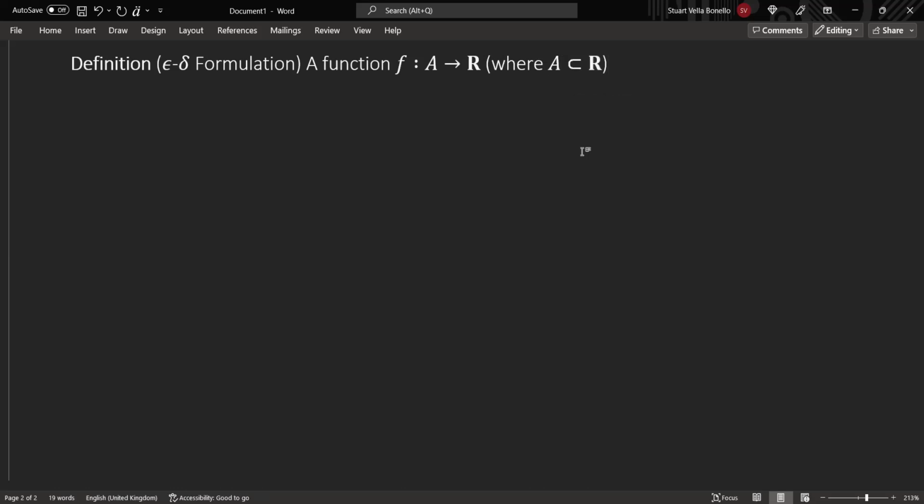So A contains exclusively real numbers, pi, -1,000,000, etc., is said to be continuous at, and let's just take some input, x0 in A, if,